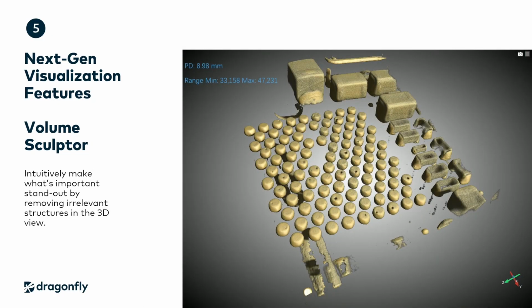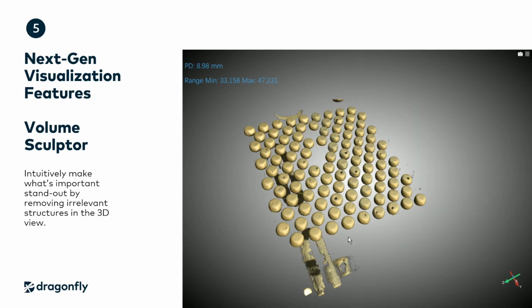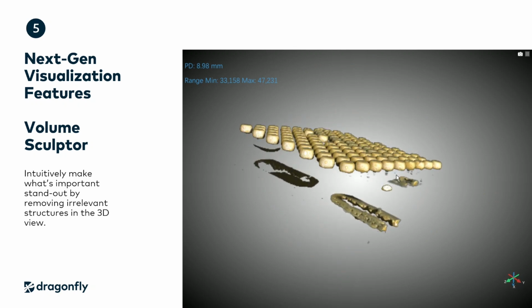Lastly, we have Volume Sculptor. Volume Sculptor is a tool to clean up your 3D representations, either freehand or with additional tools to outline areas that you would like to remove from the image. This doesn't change the data itself, only removes it from three-dimensional visualization. So, it's an easy way to remove unwanted features and clean up your 3D image for a presentation. There's even an option to extract the final view into a different volume.